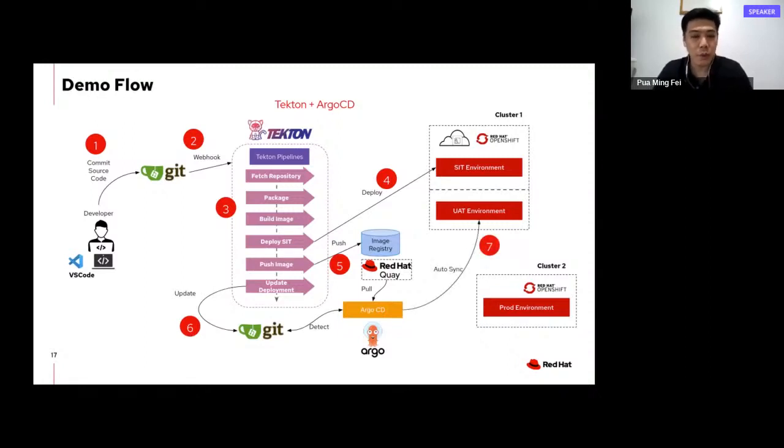And next, the last part is we will deploy our changes into the production environment. But one difference we want to show in this demo is that for the deployment to the UAT environment, we will use the auto deployment approach, while for production, we'll incorporate a manual approval. Once it's approved, the change will proceed to the production environment. So let's start with the demo. Okay, let me share my